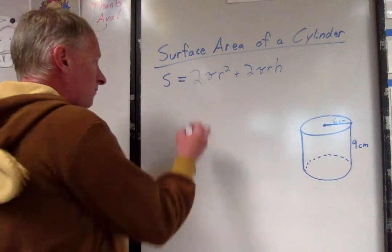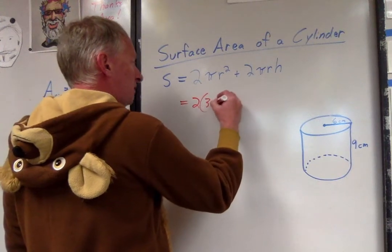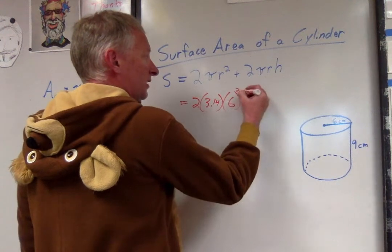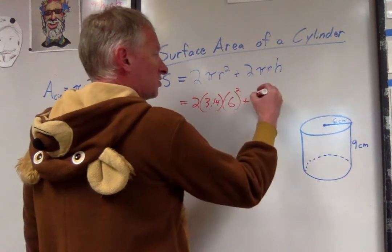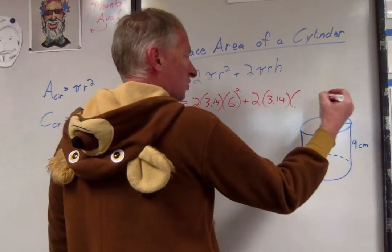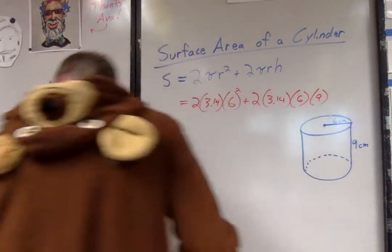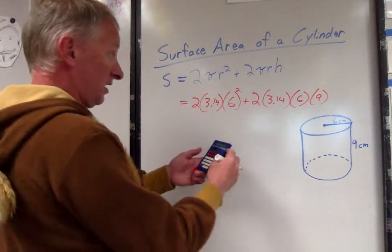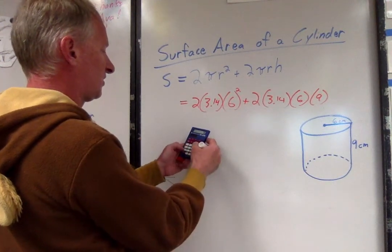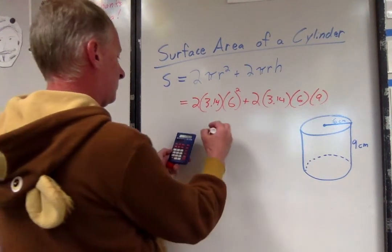So everybody, I'm going to just start plugging in values here. 2 stays at 2. Pi is 3.14. The radius was a 6. But don't forget to square it. Plus 2 times the pi, the radius, which was 6, times the height, which was 9. All right, trusty calculator, let's start simplifying this expression. Well, 6 squared is 36. 36 times 2 is 72. Times the 3.14, and I get